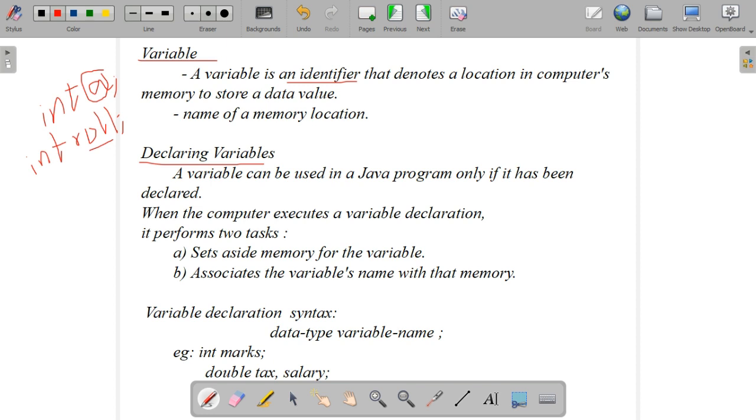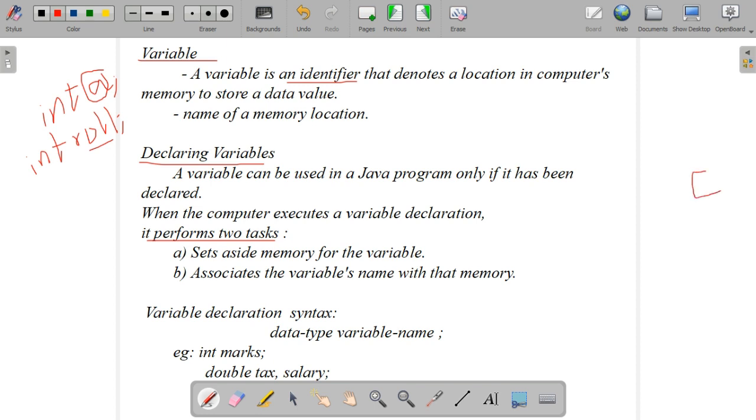The next one is declaration of a variable, or how to declare a variable. A variable can be used in a Java program only if it has been declared. When the computer executes a variable declaration, it performs 2 tasks. One, set aside memory for the variable. Second, associate the variable's name with that memory.